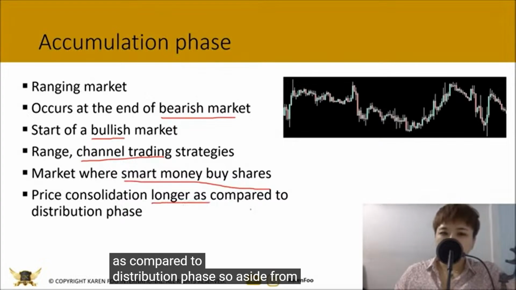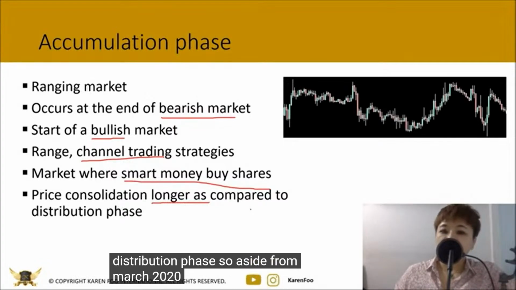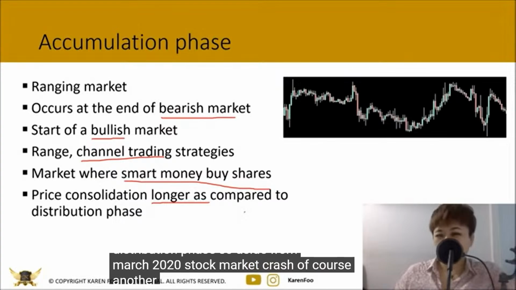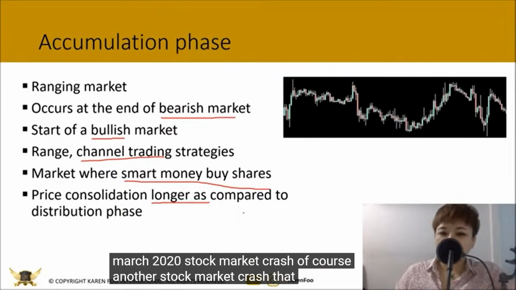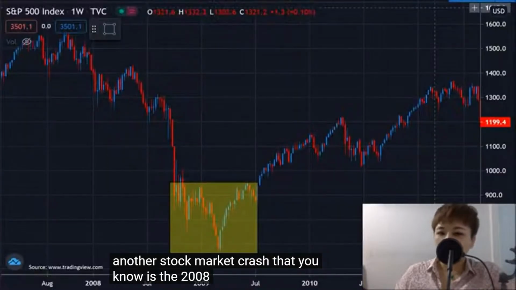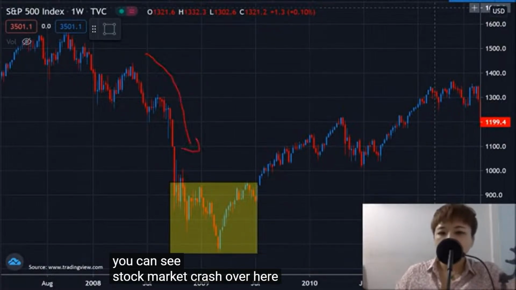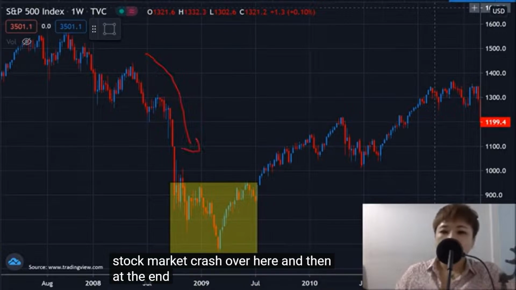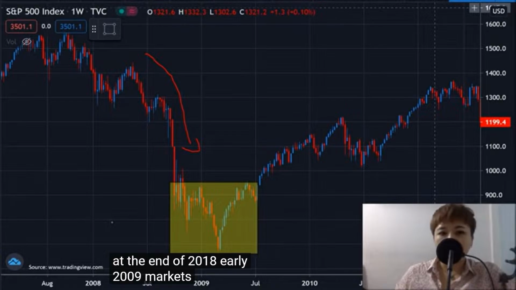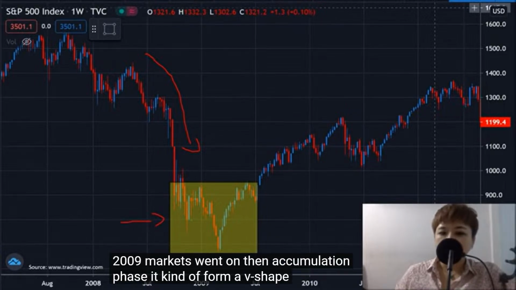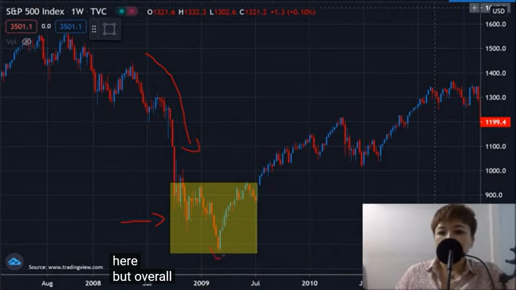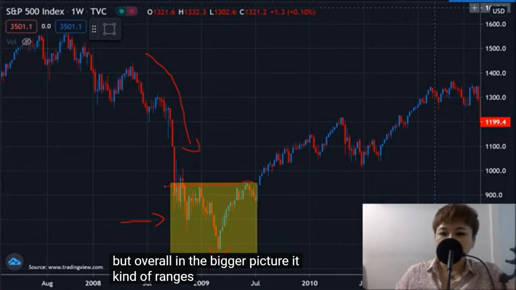So aside from the March 2020 stock market crash, of course another stock market crash that you know is the 2008 stock market crash. So you can see the stock market crash over here, and then at the end of 2008 to early 2009, markets went on an accumulation phase. It kind of formed a V shape over here, but overall in the bigger picture, it kind of ranges in this